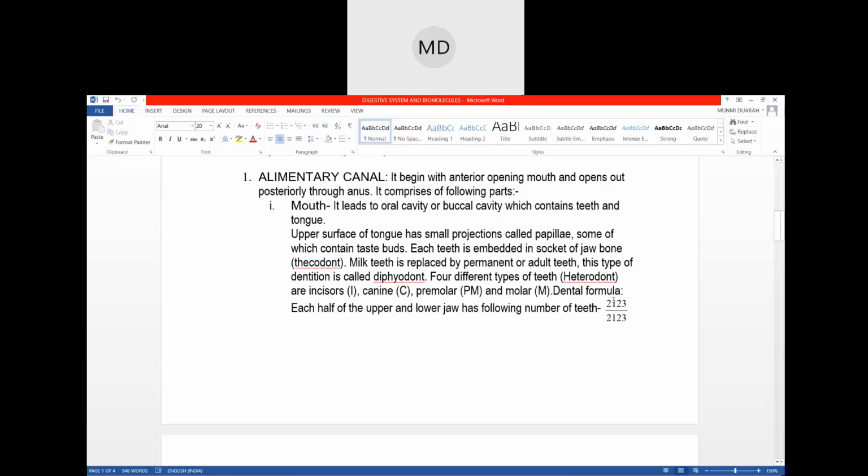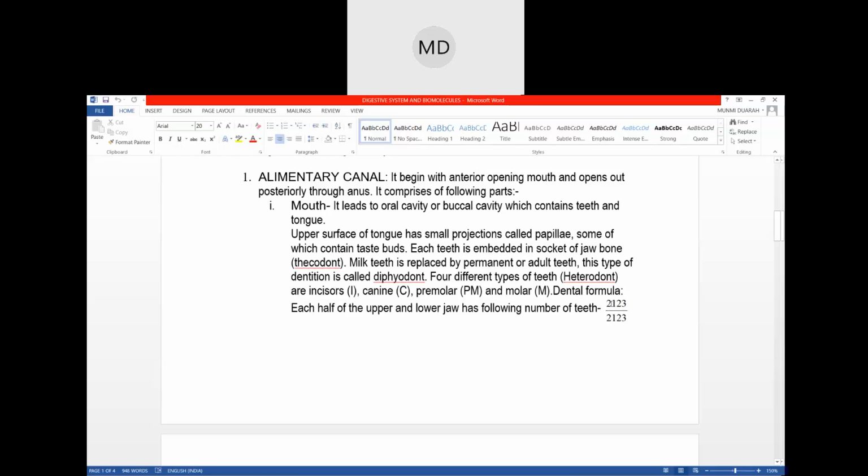Okay, so in your upper jaw, total number of incisors will be 4, and canines will be 2, because this is the left side and the right side also, like 4 incisors are there, right? On both sides of the incisors there will be one canine. And let's take molars. On the left side, at the end there will be 3 molars, and on the right side also there will be 3 molars, right? So